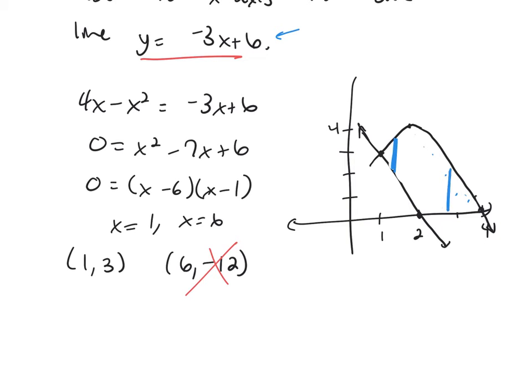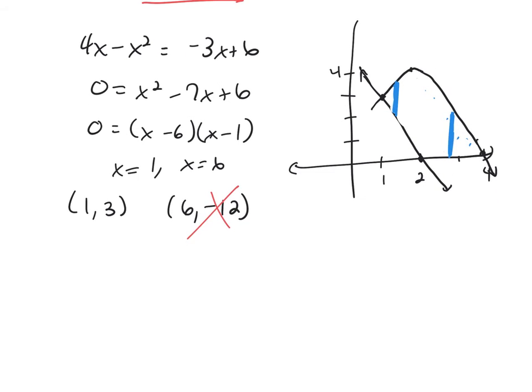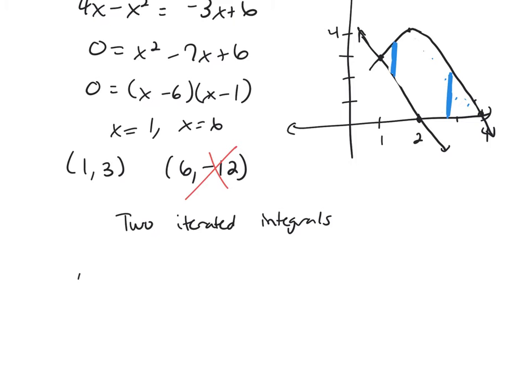So if I look over there, the top is the parabola and the bottom is the line, but over here on the right, the top is the parabola and the bottom is the x-axis, which means I'm going to need two integrals. If I'm choosing for this area A the order dy dx,